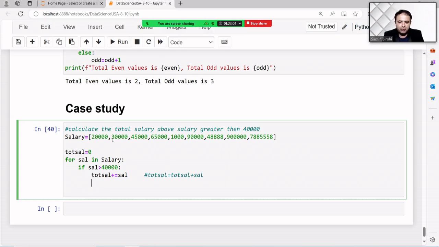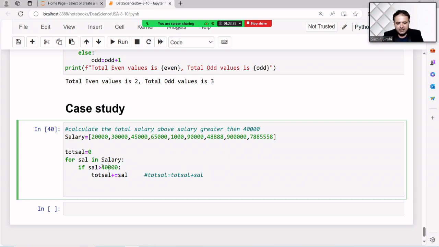Actually, I want to total all the salaries that are greater than 40. So firstly, I want to read the first value. When I read the whole list, it will first read 20000 and store it here. Then I want to check whether this value is greater than this one.